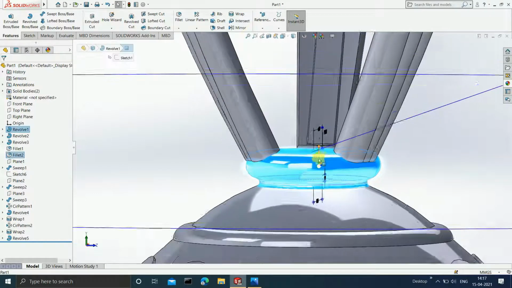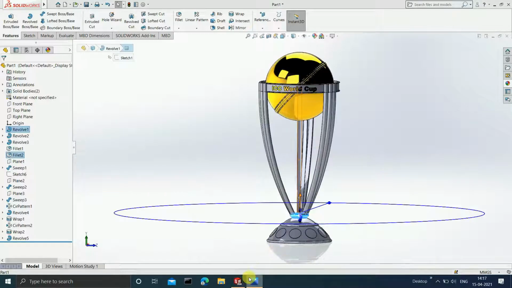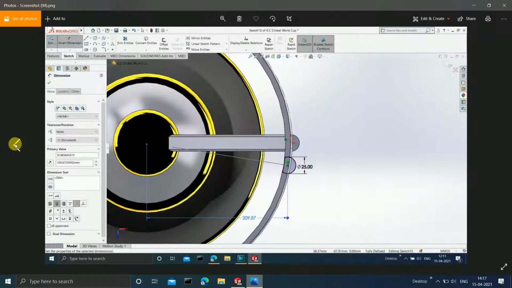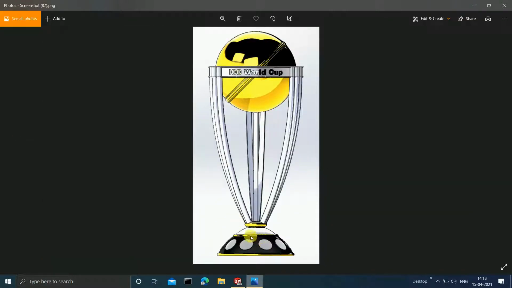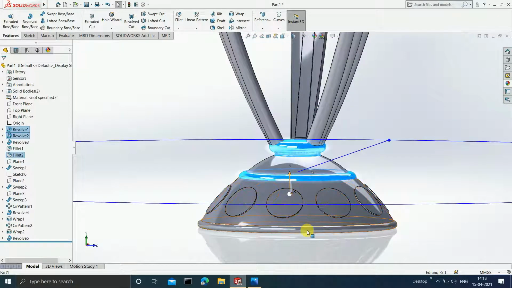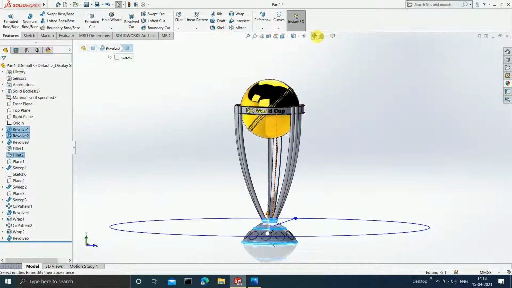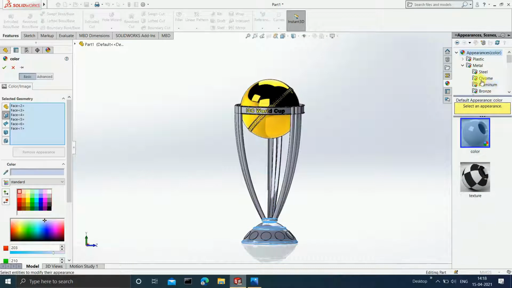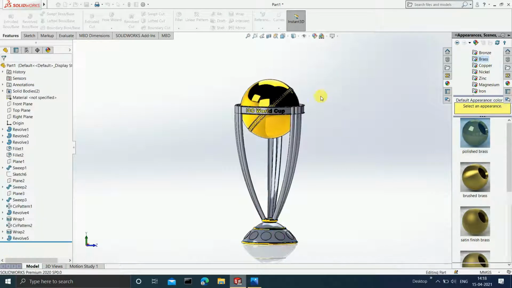Okay, we won't be missing out on any part. So let's refer to the trophy for that. Here you can see this particular thing is also golden, see this curve, so select that as well. Okay, and now you can go to edit appearance, go to brass, polish brass, and click on OK.